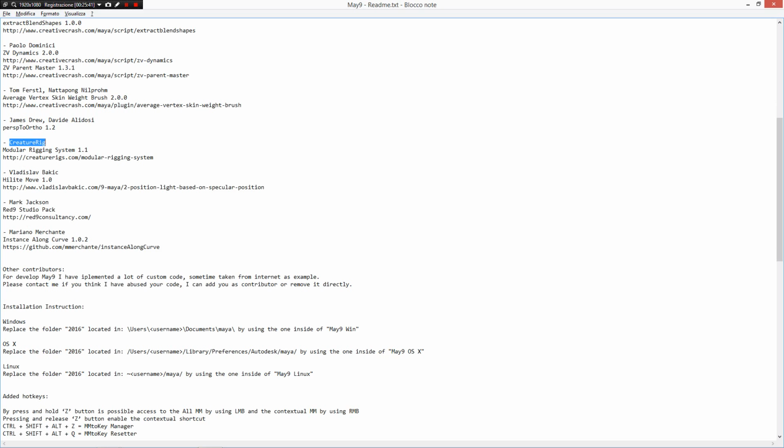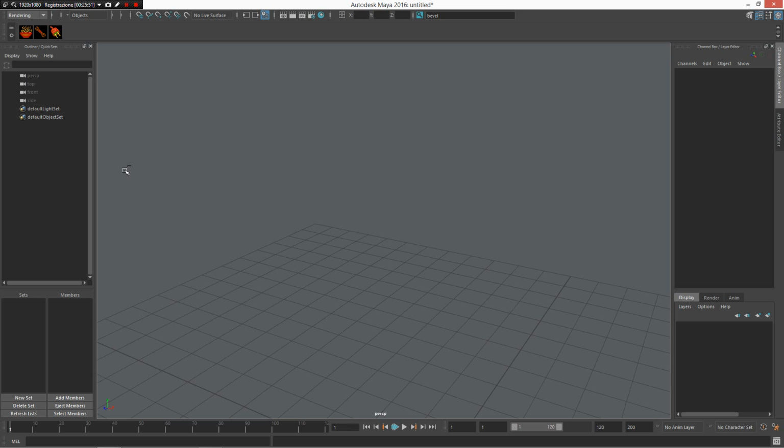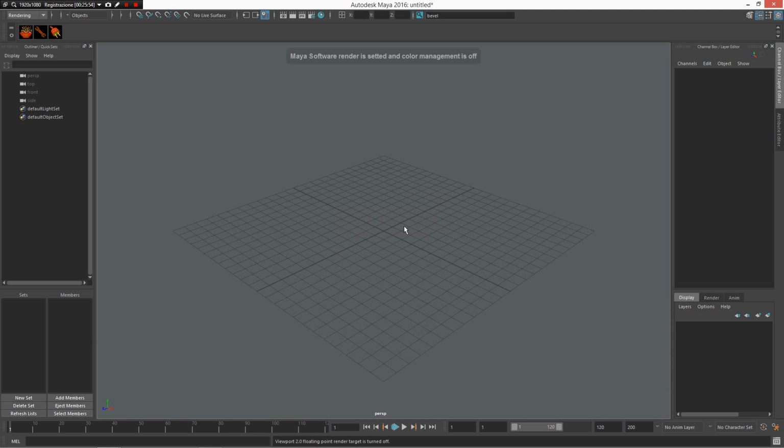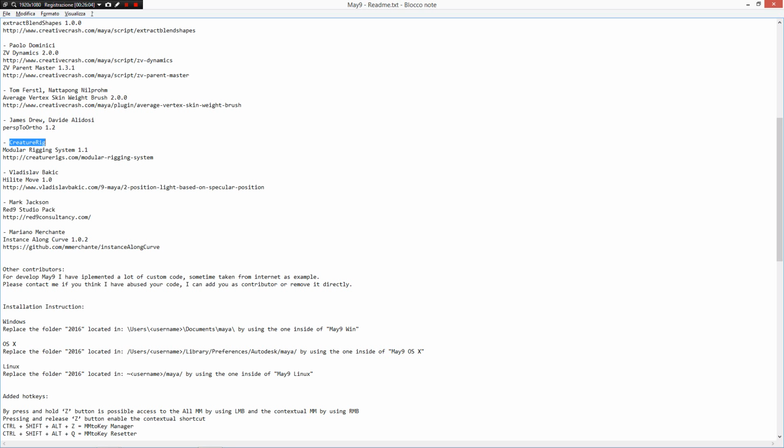Very powerful: Creator Rig. Creator Rig is a set of scripts that lets you increase the rigging workflow inside of Maya. It's not similar to other auto rig tools where you can create a biped or a quadruped, or create a model for a biped or quadruped. In this case, Creator Rig